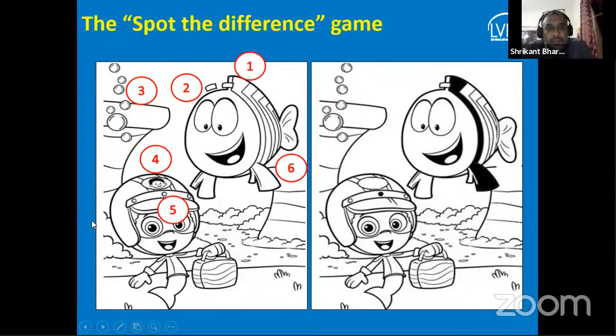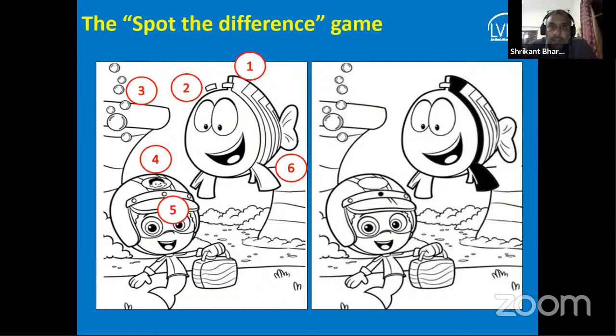The helmet of this baby fish has the picture of a boy and no picture of the boy in the other image. Similarly, again in the helmet, this little spot or the rivet is white in color and that's black in color. And the 6th is essentially the orientation of the tail fin that is pointed upwards there and that is pointed downwards. So these are the 6 differences that you would